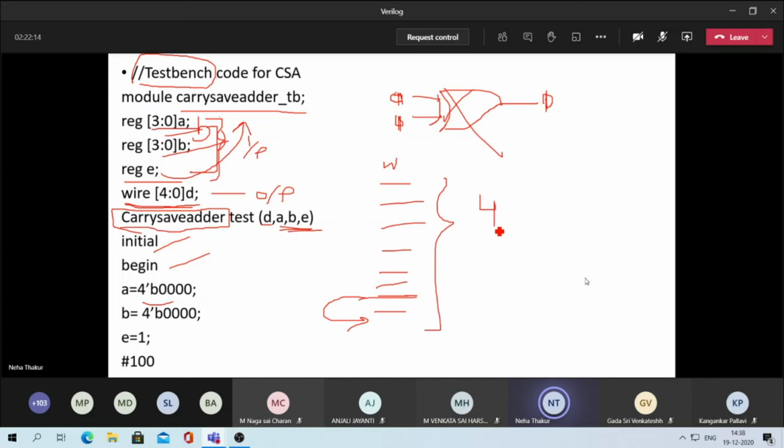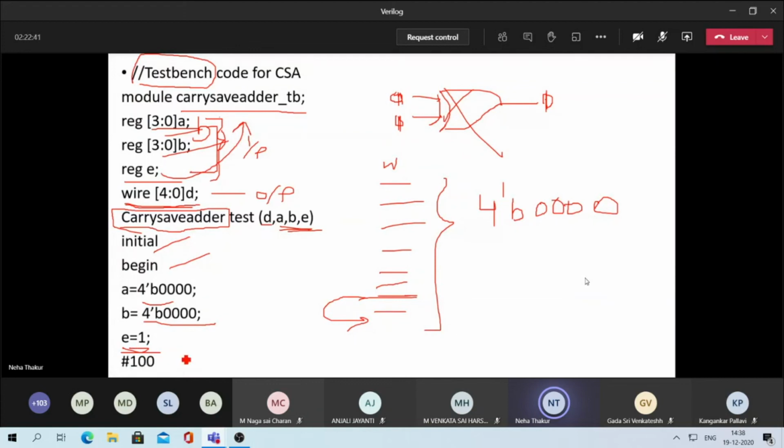First you write the number of bits, then single quote, and the input should be in binary form, like 4 zeros or something. Similarly for B also, let us say all 4 zeros, and E is equal to 1, because E is a single bit.